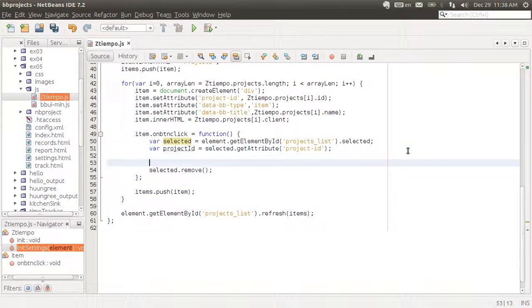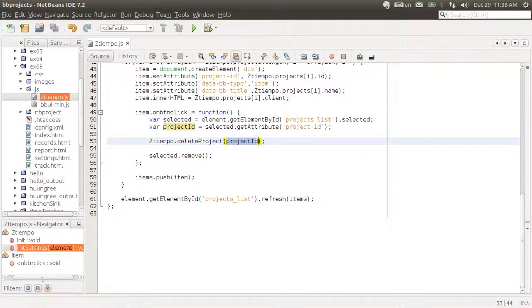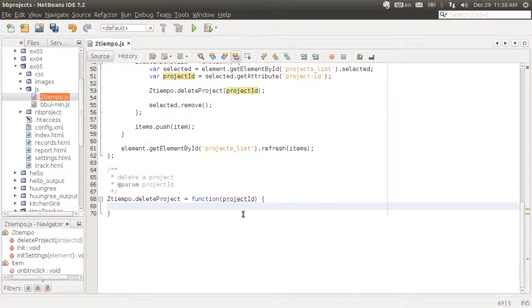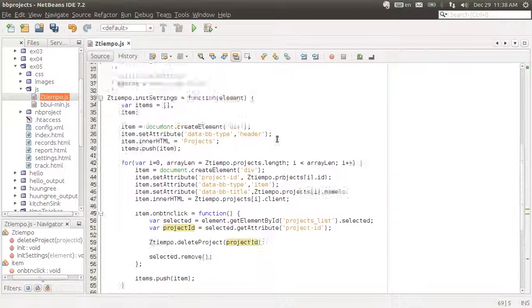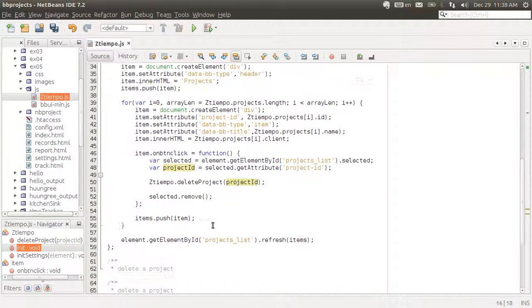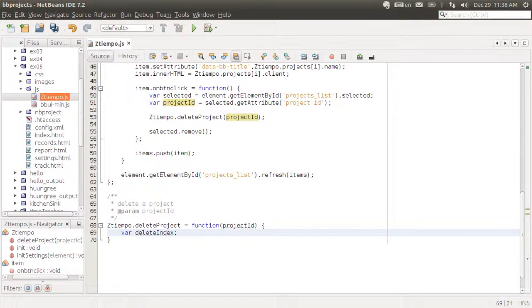So I'm going to create another method in here. It's going to be called delete project. It's going to receive the project ID as an argument, and let's add the code for that in here. And what I want to do is go through this entire array, find the one that has the ID that I'm looking for, and delete that one. So I'm going to create a variable called delete index, which is going to store the position of the project I want to remove, and